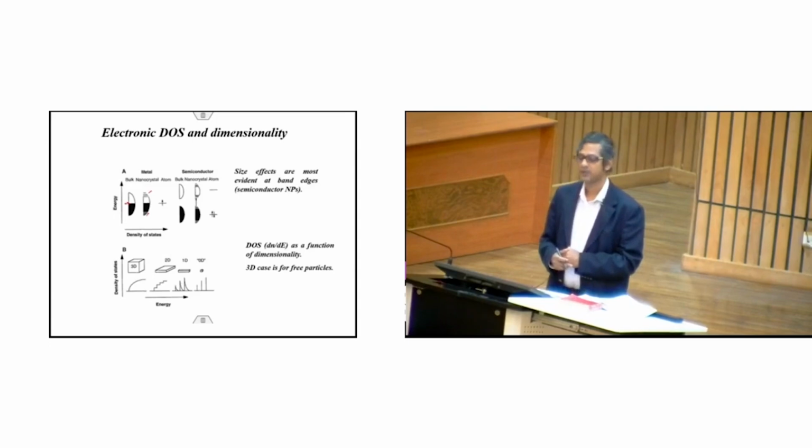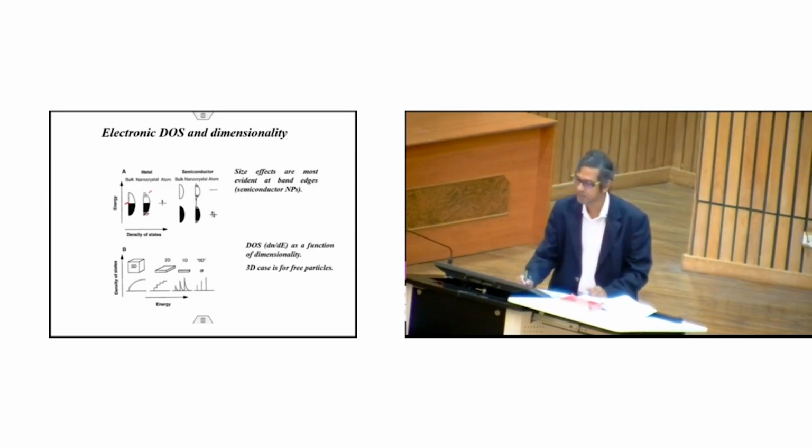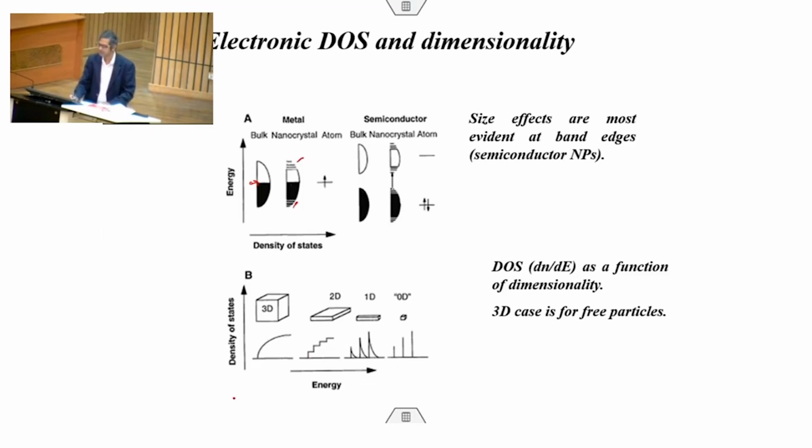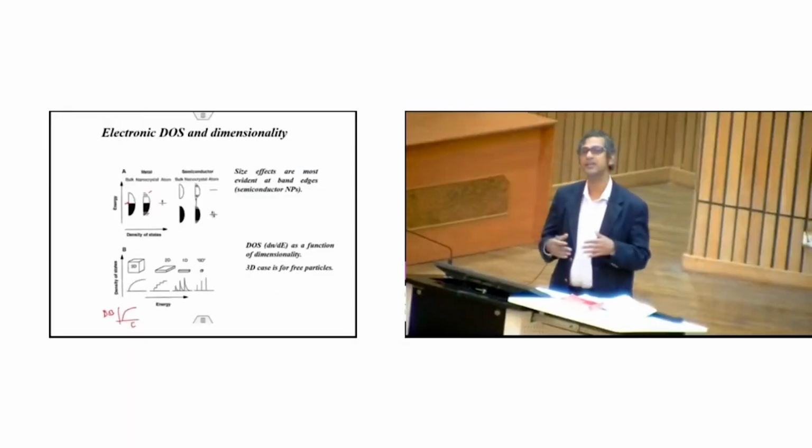Am I clear? So in 3D, the density of states will look like a continuous band. This is the density of states versus energy plot. So you can clearly see for 3D materials, this will behave like this. As the energy level increases, the density of states is increasing. Am I clear? So that's because you have a large number of electrons and they are free to move in any